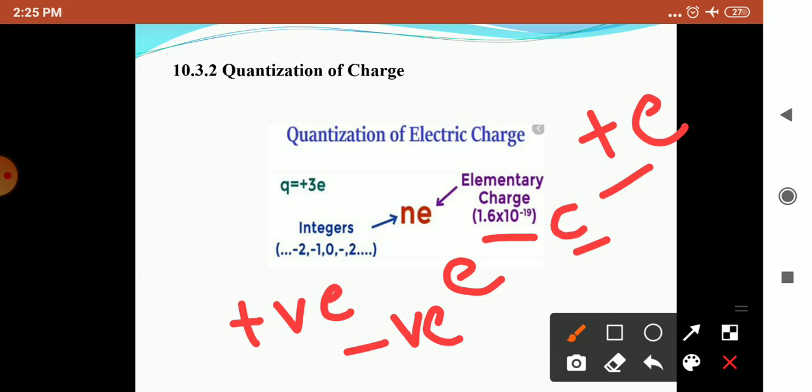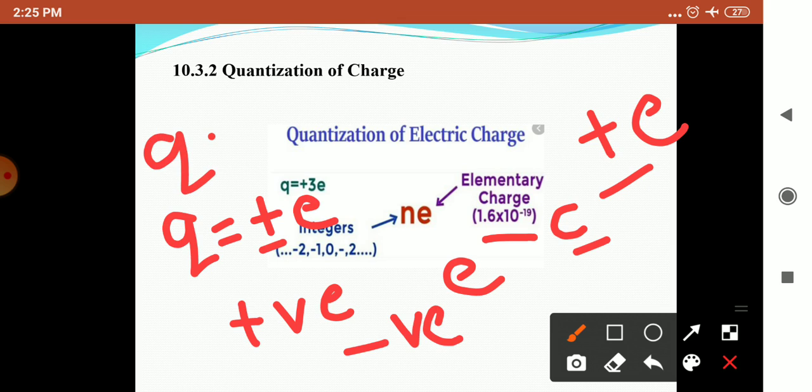So this quantization Q will give plus or minus e, and there will be a number of those charges. So this becomes total charge plus or minus n times e,